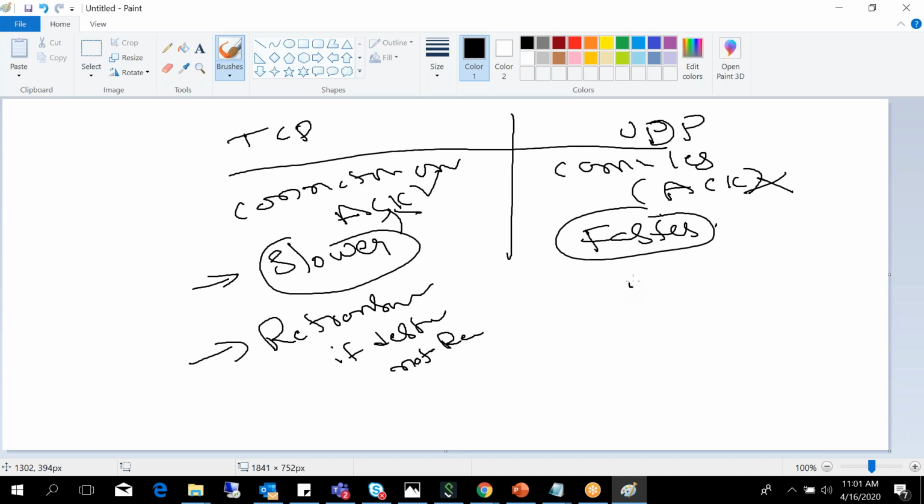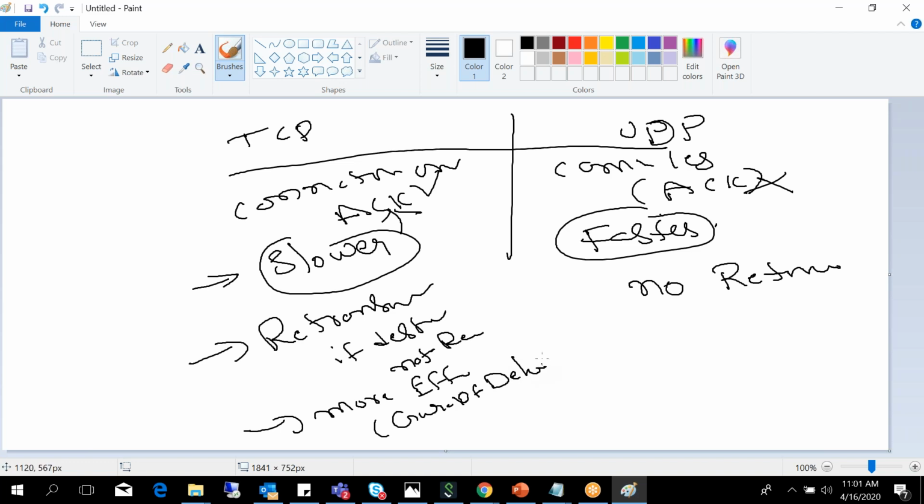Here in UDP, there is no retransmission of data. TCP is more efficient because of the guarantee of delivery, but UDP is not as efficient because there is no guarantee of delivery. Got it?